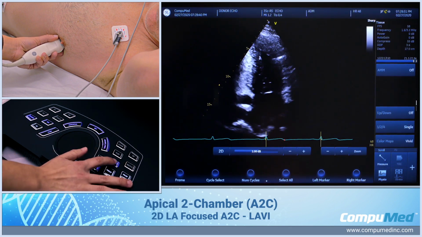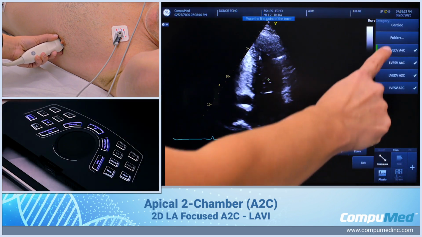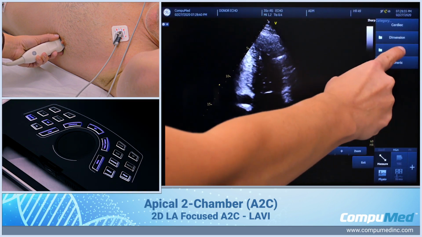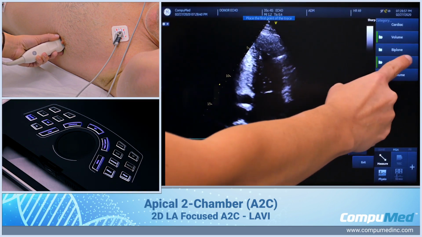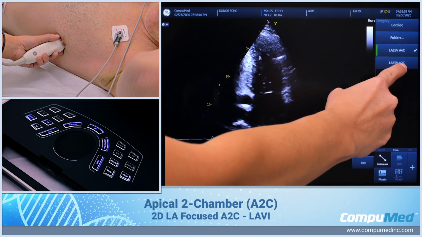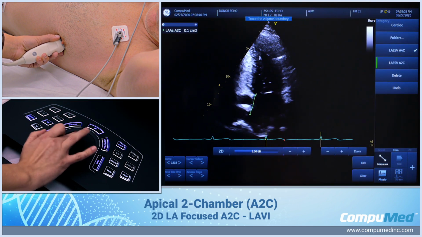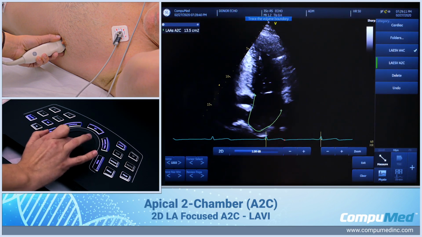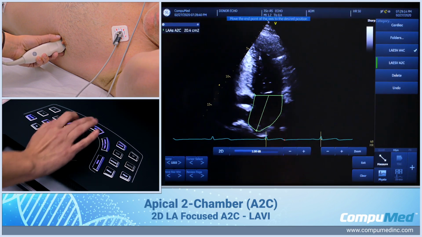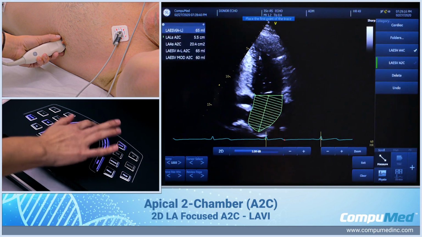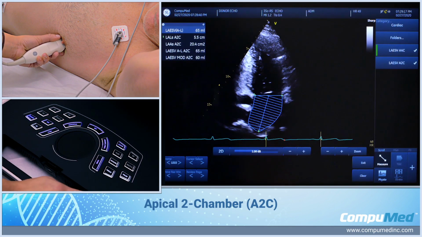And I'm going to activate my measurement package again, closing out of the biplane, back into volume, left atrium volume, and my apical 2-chamber view. Set once to adjust my length and image store. From here, going back to 2-chamber,